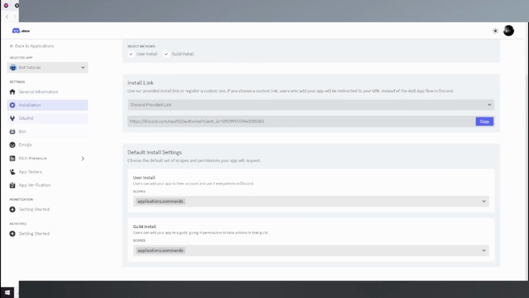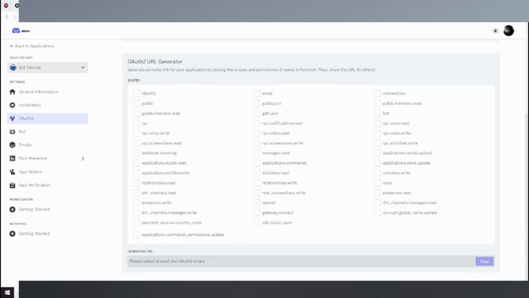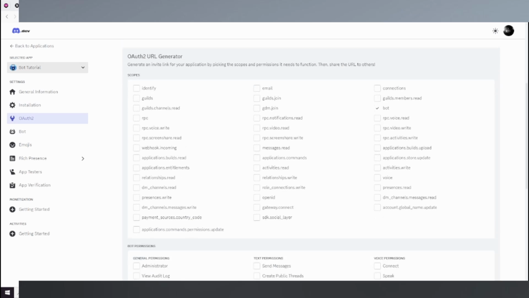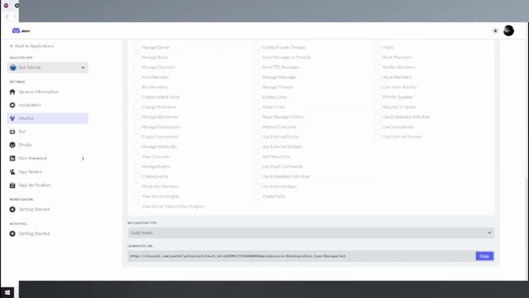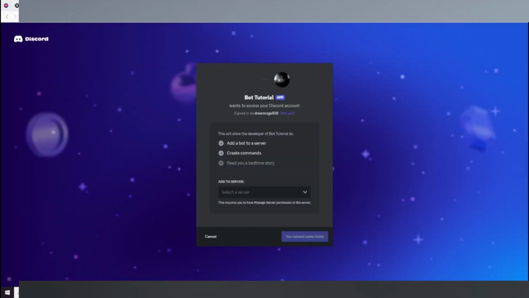your OAuth 2. You then will have to scroll down and hit bot and then administrator, and this will get you a generated URL. So this URL, you're going to want to copy it, go to a new tab, paste it in, and then it will open up your bot's